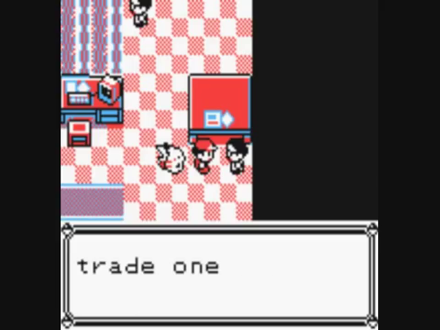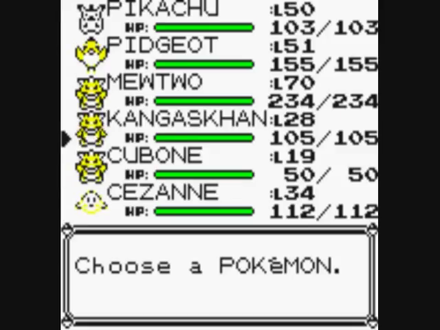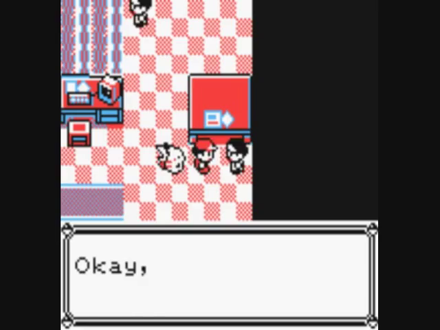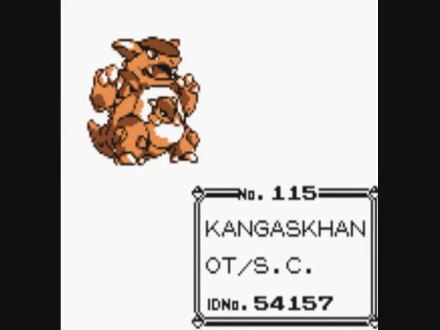I'm looking for Kangaskhan, want to trade one for Muk. It's a rubbish deal. I mean, Kangaskhan is such a pain to get from the Safari Zone, and a Muk is rubbish. It's just an easy evolution. It's not even a decent Pokemon. I mean, Kangaskhan is much better. Go on then. I have to get another Kangaskhan for this. And the Muk we get will be at level 28. Okay, connect the cable like so. I mean, at least it will get enhanced experience points, but...